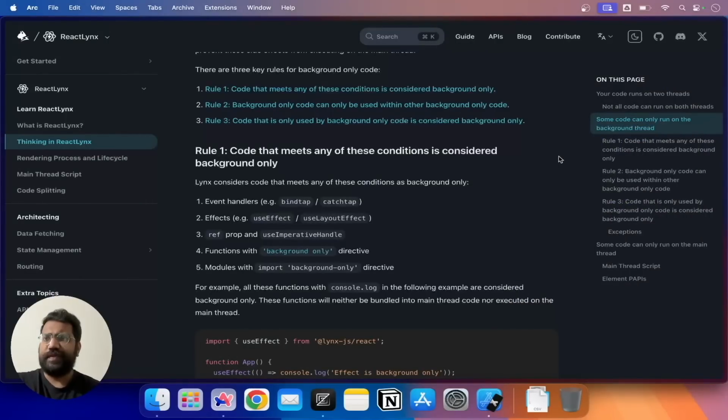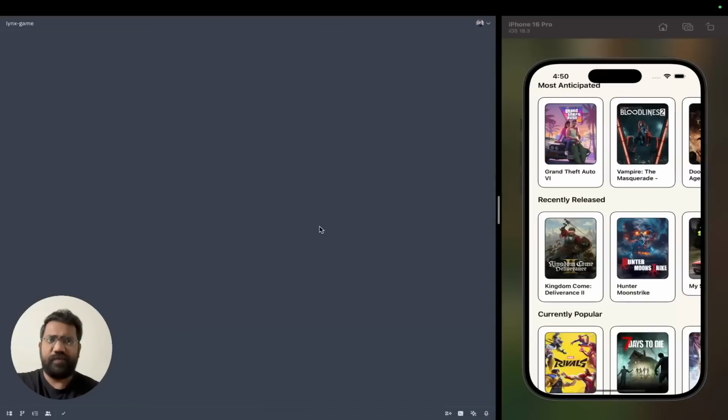Now if you come to the Lynx documentation, you can see that Lynx framework runs on dual threaded architecture. It has main thread and the background thread. So main thread is responsible for UI rendering on the screen, and all your event handlers and side effects will be running on the background thread. You can read this documentation, and if you come back to the code base,